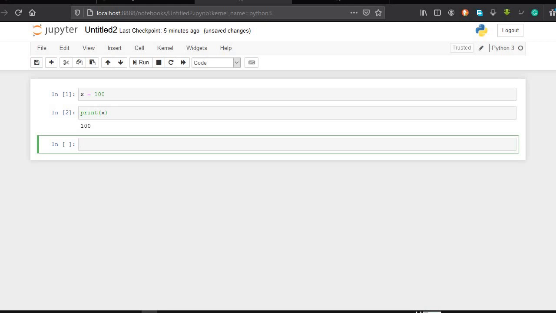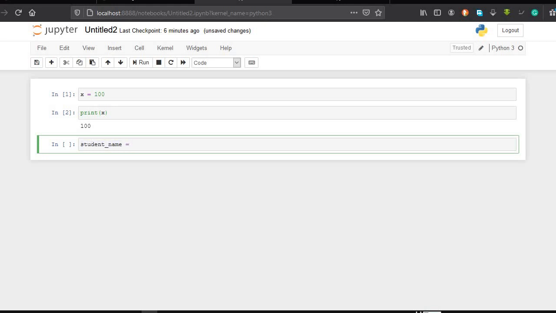Now let's try some other. What I want to do is store my name in a variable called student name. So let's declare a variable named student name. I have taken a variable name here as student name.